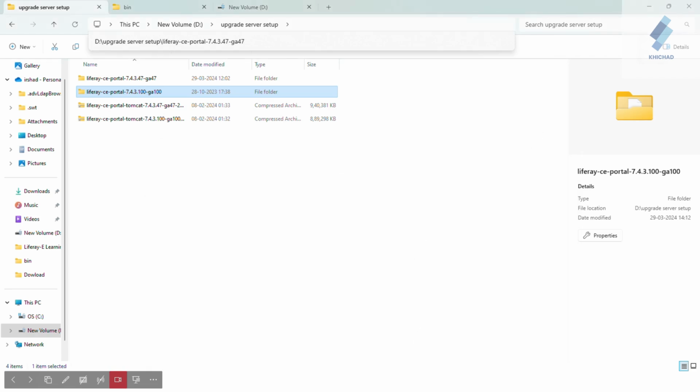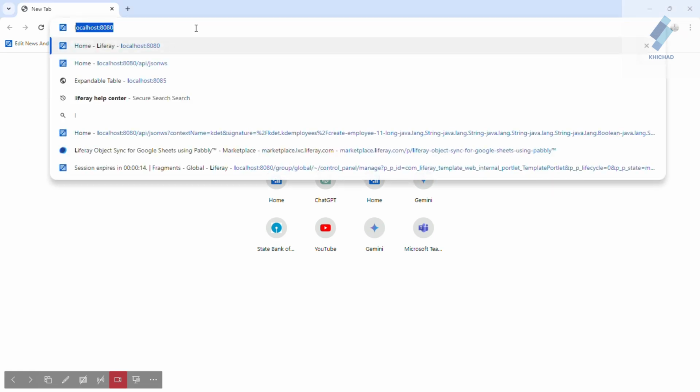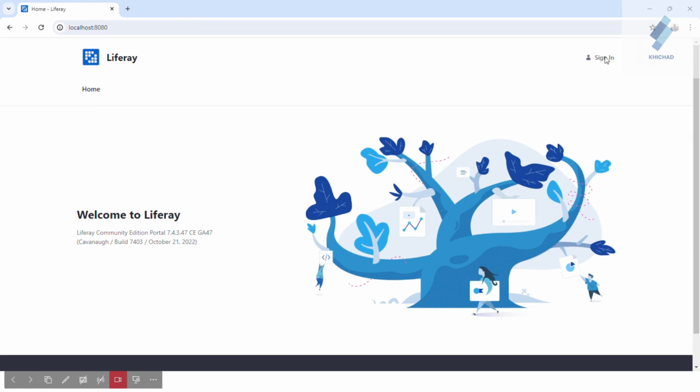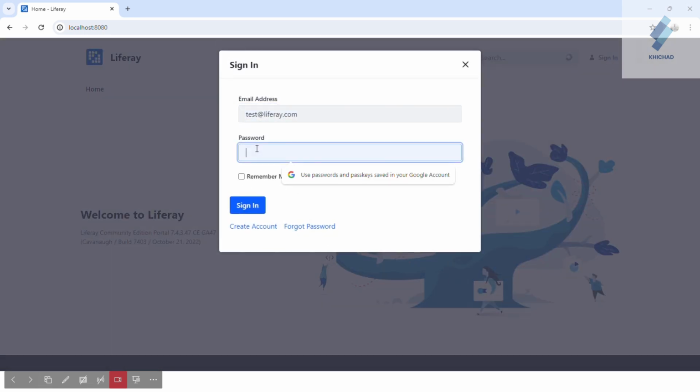So I'm moving to the browser. Open the browser and hit the URL localhost:8080. Now log in to your Liferay portal using the login credentials.